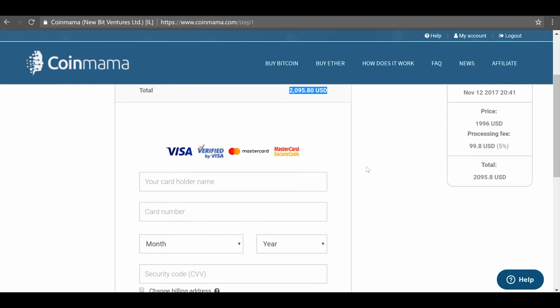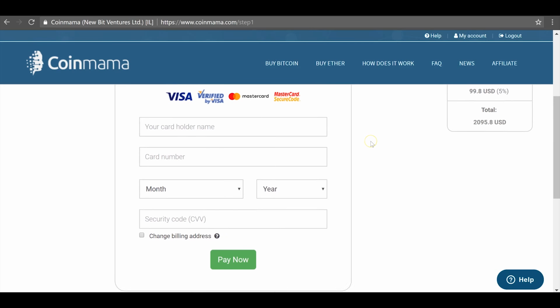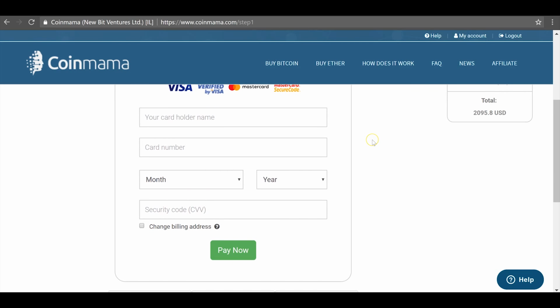Something to notice is sometimes when you are first using your Visa card, it might get declined because this is a larger transaction and coming from a foreign location, so it might trigger a fraud notice on your card. Sometimes they'll call you right away and you can tell them, yep, I'm doing this transaction. Or if it goes through, great, you can go ahead and complete this transaction and